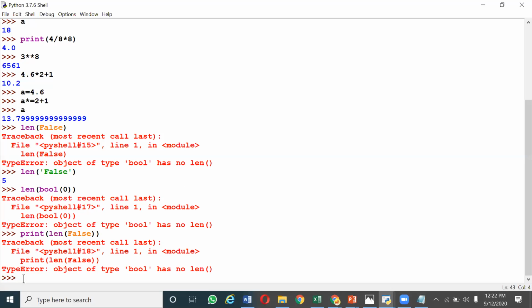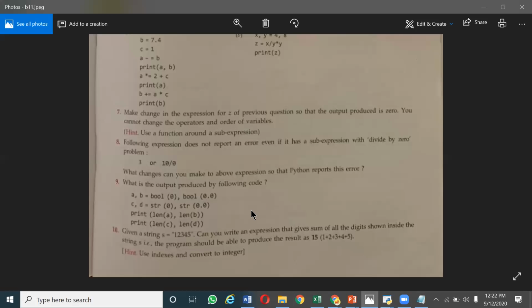Your false is a constant, so it is not a sequence. Only for a sequence will you be able to find the length. So this particular statement will produce an error. If you ignore that statement, it will go to the next statement, print of length of C.